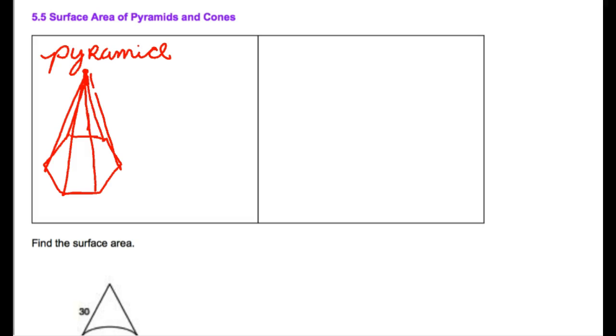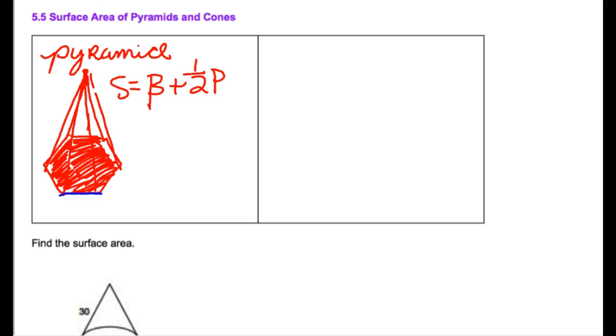And again, we've got the area of the base, we've got side lengths, etc. I'm just going to give you the formula right now for surface area. The surface area is capital B. Again, that stands for area of the base. So whatever's on the bottom here, you're going to have to find the area of it. I like to do that off to the side when I do them. And then we do plus 1/2 P. Remember, that stands for perimeter of the base. So when I'm doing P, I'm going to do this, plus this, plus this, plus this, plus this, plus this, but they're all going to be the same. So I could really, on that one, just do 6 times a side length,